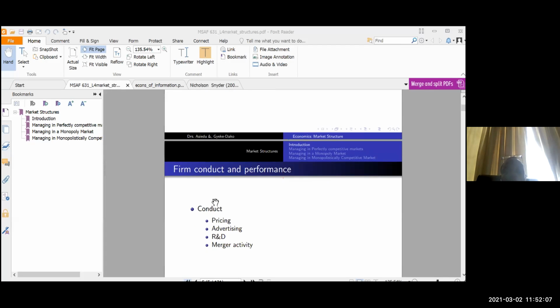Okay, so firms' conduct and performance. The first conduct that we will look at is pricing. If you're in a monopoly market, in your pricing decision, you are the only firm. So if today you feel like increasing the price, that's what you do. You can increase the price. But if you are in a competitive market with thousands of firms,